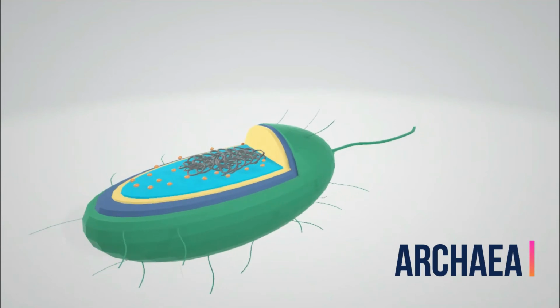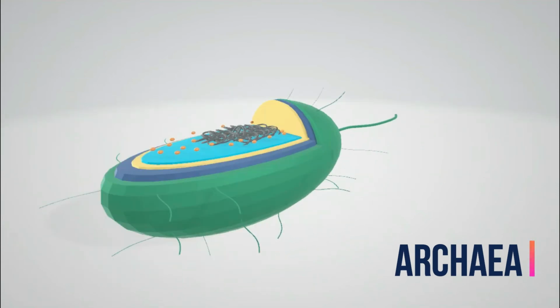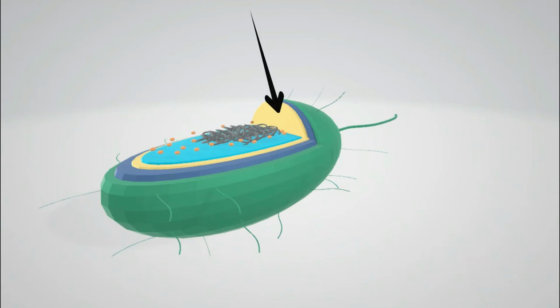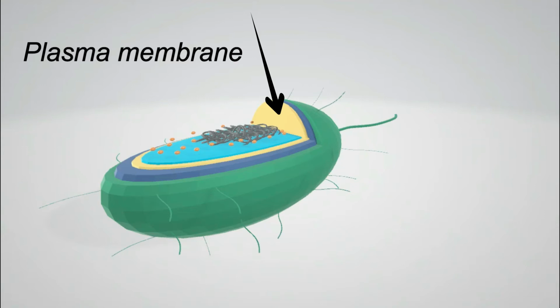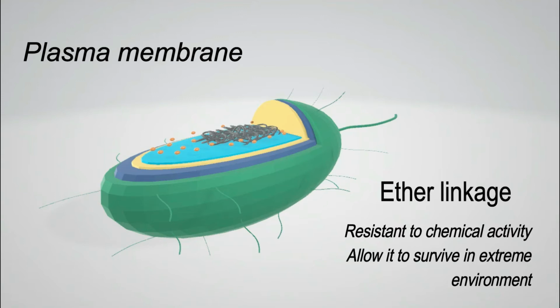Here, this is the structure of archaea. The three regions of an archaeal cell are the cytoplasm, cell membrane, and cell wall. The yellow layer is plasma membrane. Unlike bacteria and eukarya, the membrane of archaea consists of ether linkage. Ether linkage are more resistant to chemical activity and allow archaea cells to survive in extreme environments that will kill